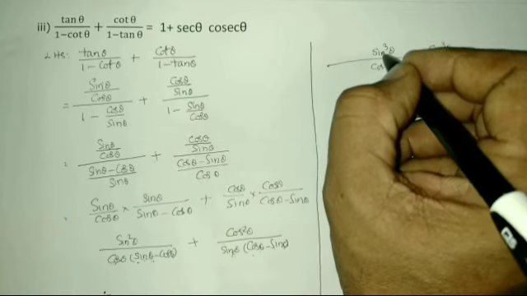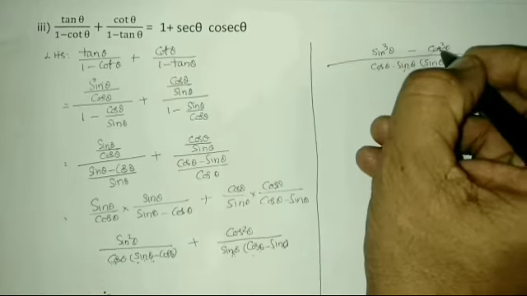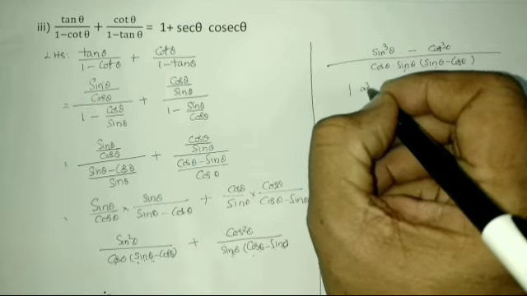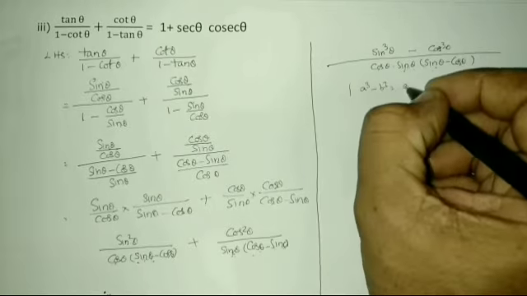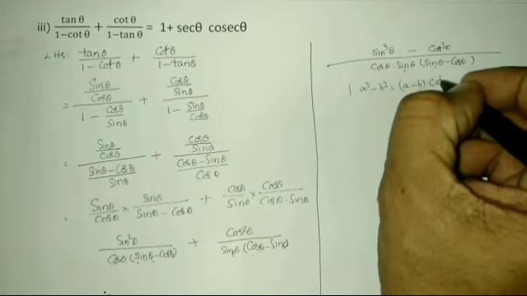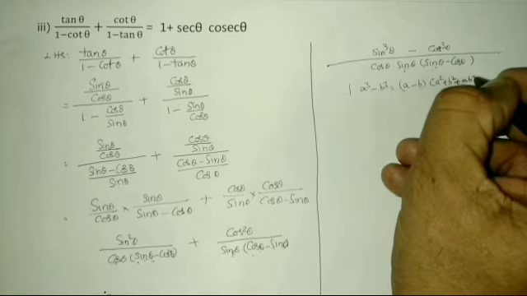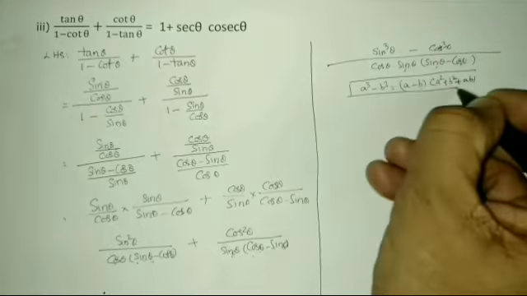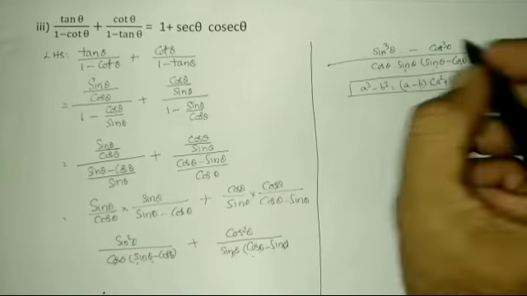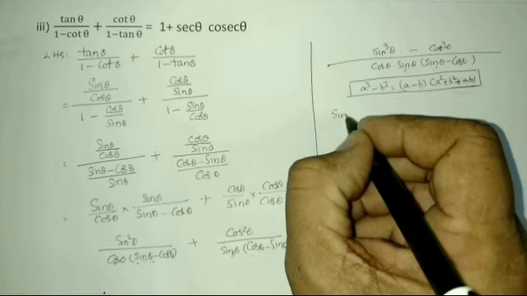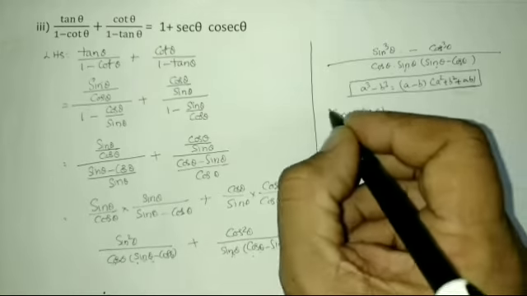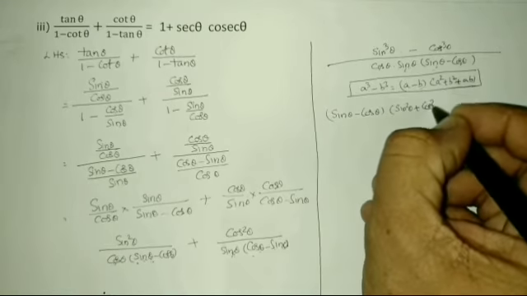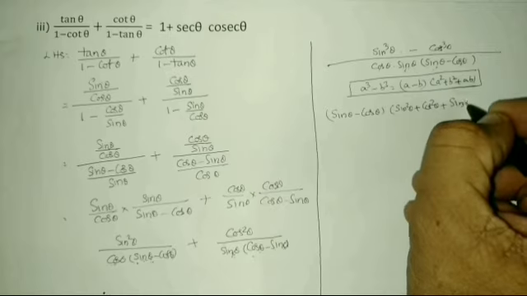So the numerator is sin cube theta minus cos cube theta, which is in the form of a cube minus b cube. We know that a cube minus b cube can be written as a minus b into a square plus b square plus ab. That is the factors of a cube minus b cube, or a minus b into a square plus b square plus ab. So sin theta minus cos theta, a minus b into a square sin square theta plus b square cos square theta plus ab sin theta into cos theta